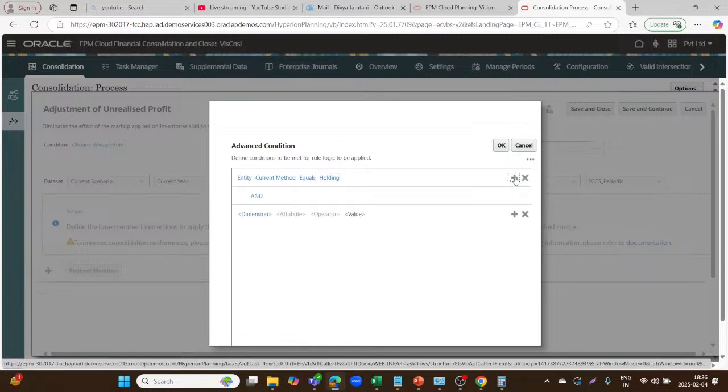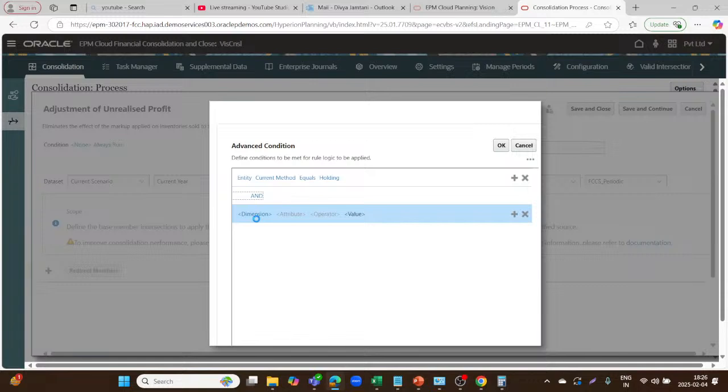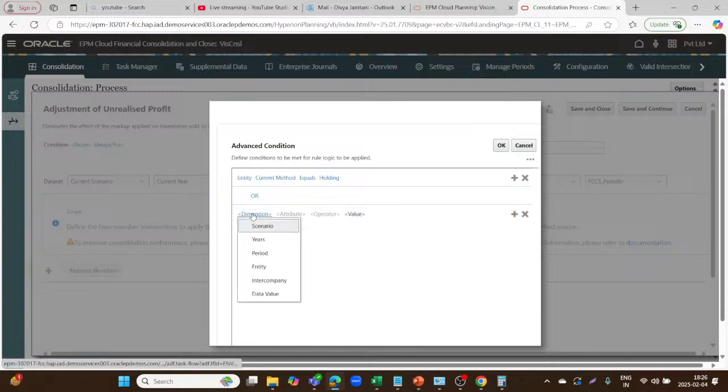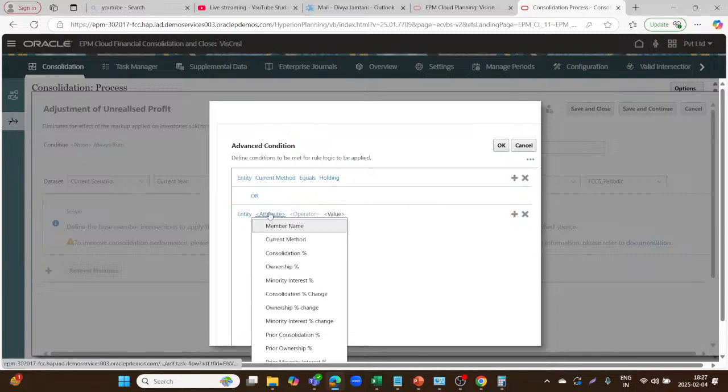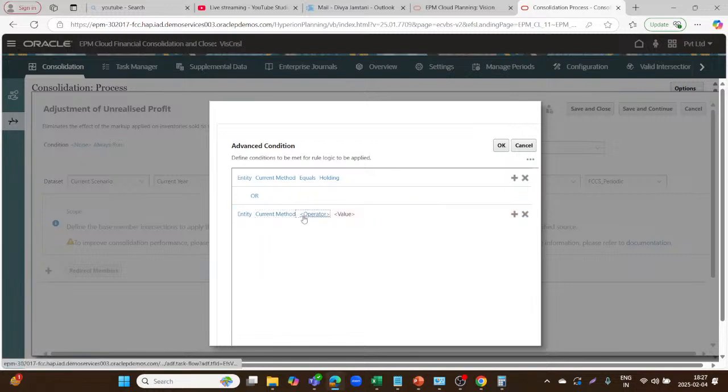We are saying if the entity's current method is holding, or, so we are giving this condition, if the entity's current method is holding or the entity's current method is subsidiary,